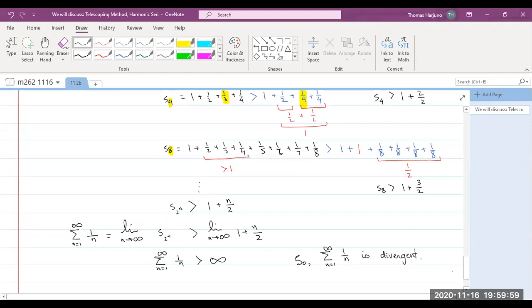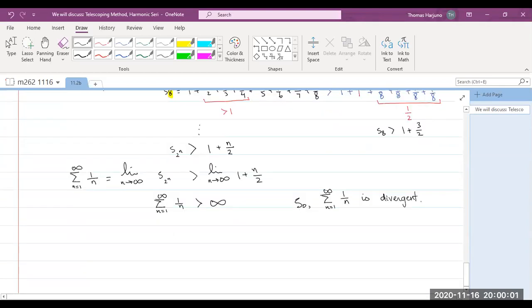Now, because the harmonic series is divergent, the consequences are, first, any scalar multiple of the harmonic series is divergent. Second,